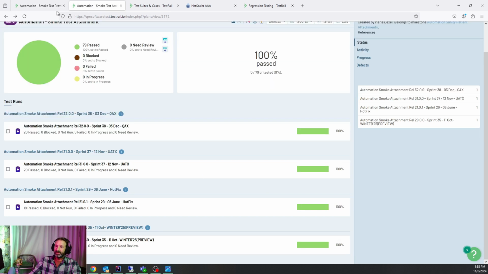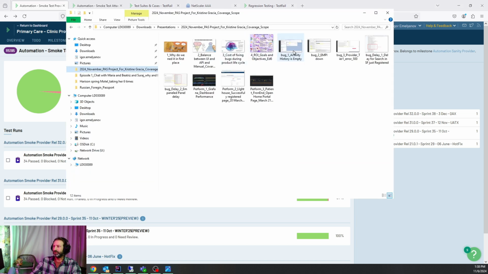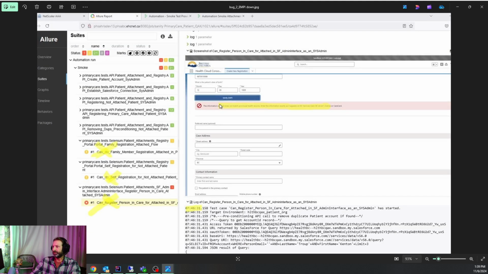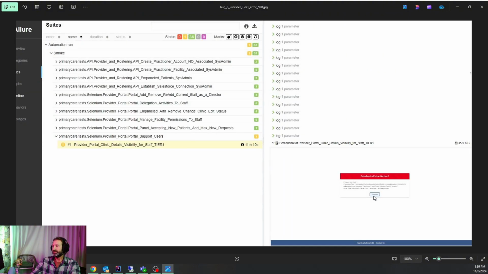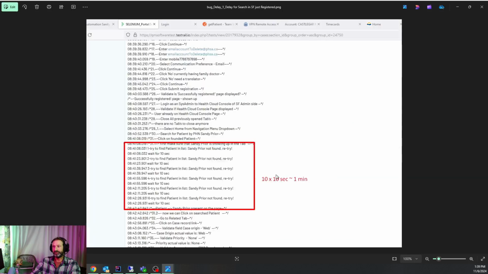Okay, this is the basic coverage. We usually come up with smoke tests. I wouldn't name it regression. And in terms of bugs that we can see, for example, if I run some test, I'll be able to see that something is disappearing from activity history, or integration is not happening, API integration in my case, or something happened with permissions, error 500, or